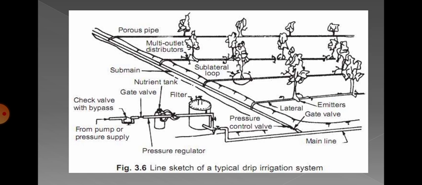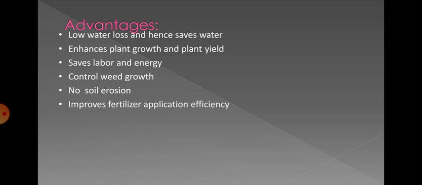In the given figure, you can observe that water is taken from the reservoir to the main laterals. The main laterals are connected with the submain laterals. The submain lateral has the drippers or emitters which provide water in the form of drops. The plants are shown by maintaining row to row and plant to plant distance, and the drips are so arranged that the drops of water fall near the root zone of the plant.